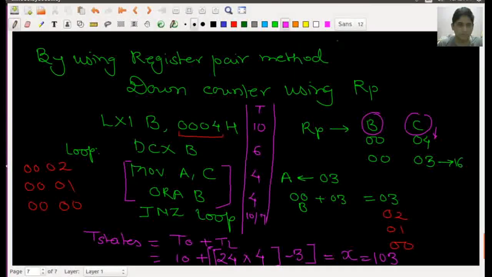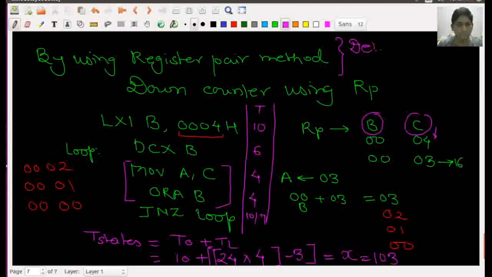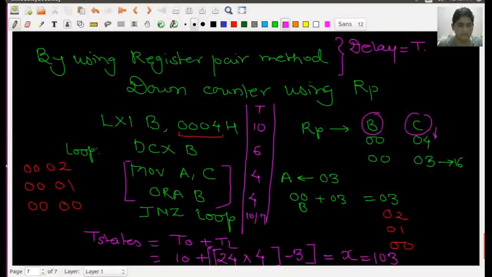So I will do my calculation here: the total amount of the delay can be given as the total T states divided by the fc. So this will come as 103 divided by 3 megahertz.